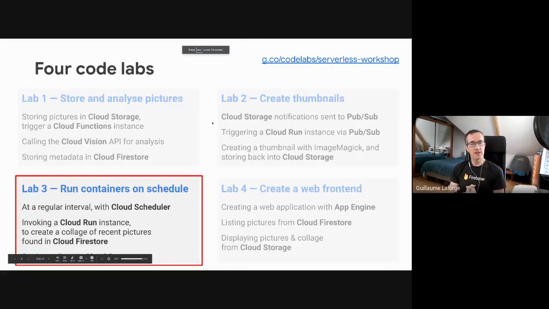So three labs done already. We finished this one, running containers on a schedule. And the last lab will be using App Engine this time. So we saw Cloud Functions, we saw Cloud Run, and we're going to end with App Engine, which is not ironic, but in a way, it's not in the